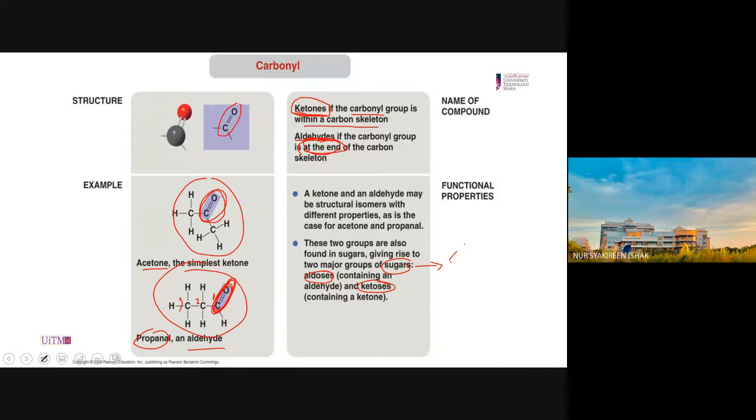Aldoses contain an aldehyde, and ketoses contain a ketone. So in aldoses, the C double bond O is at carbon number 1, or at the end of the molecule. In ketoses, the C double bond O is located in the middle of the molecule, or within